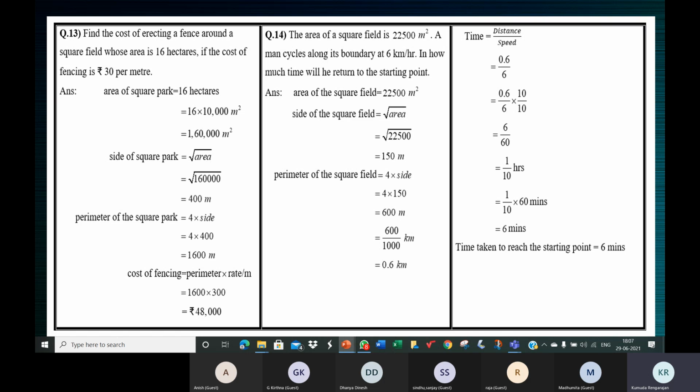So if it is 2 meters, 60 rupees. 3 meters, 90 rupees. 4 meters, 120 rupees. So you have to decide how many meters of fencing you have to do. Like how we decided we need 2.5 kgs of mangoes, you need to decide what is the length of the fence that you want to put up. 1 meter, 2 meters, 3 meters, 4 meters, 5 meters.